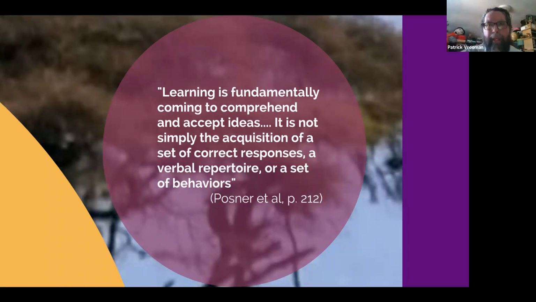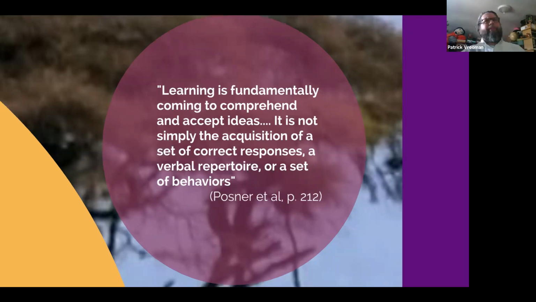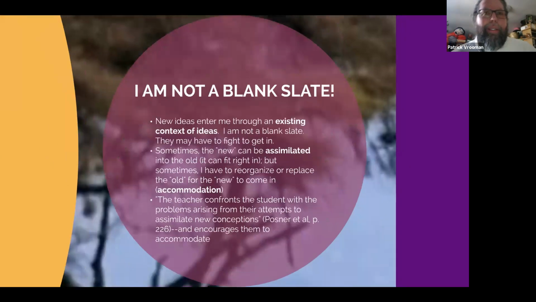So based upon that, they're sitting there going, well, why aren't they getting the ideas that we're trying to teach them? And here's what they came up with: we're presenting ideas to our students, but our students aren't accepting them. They're not taking them in. They're taking the vocabulary, sure, and all that other kind of stuff, but they're not really taking in the big ideas. They're not really understanding. So what's going on there?